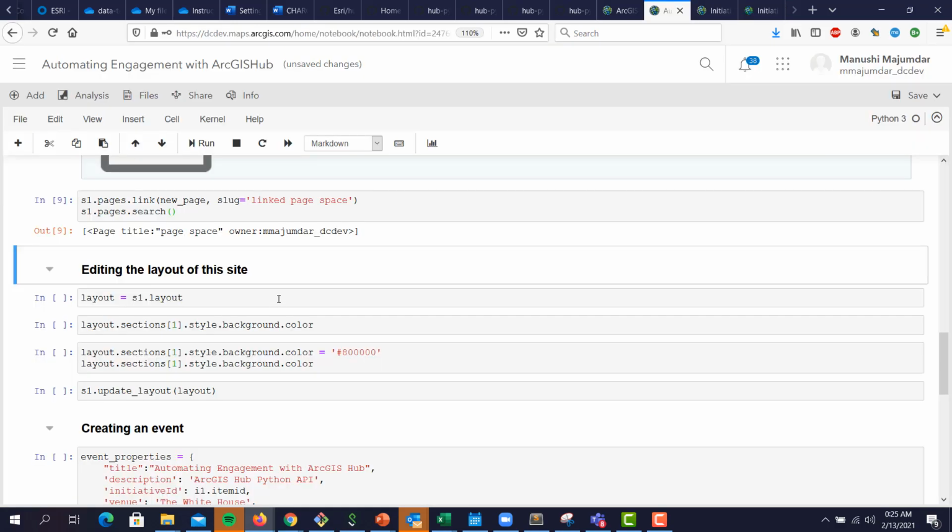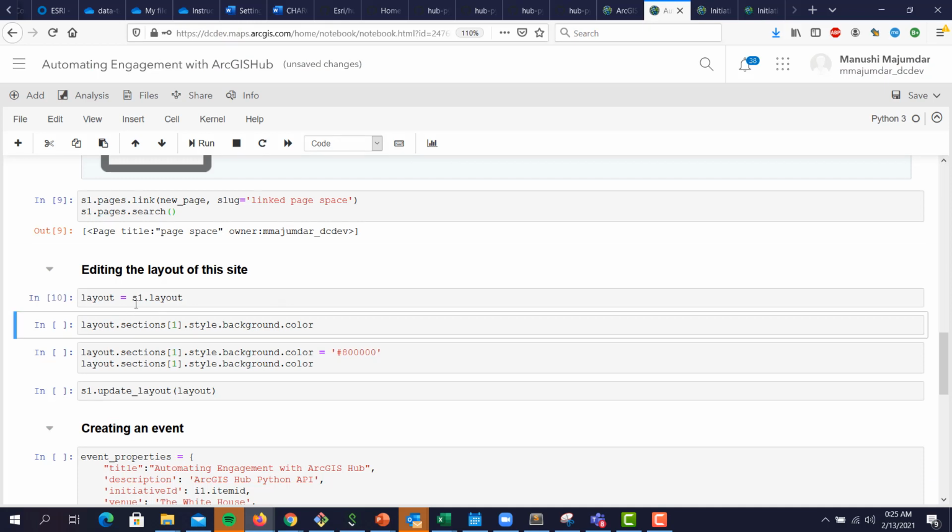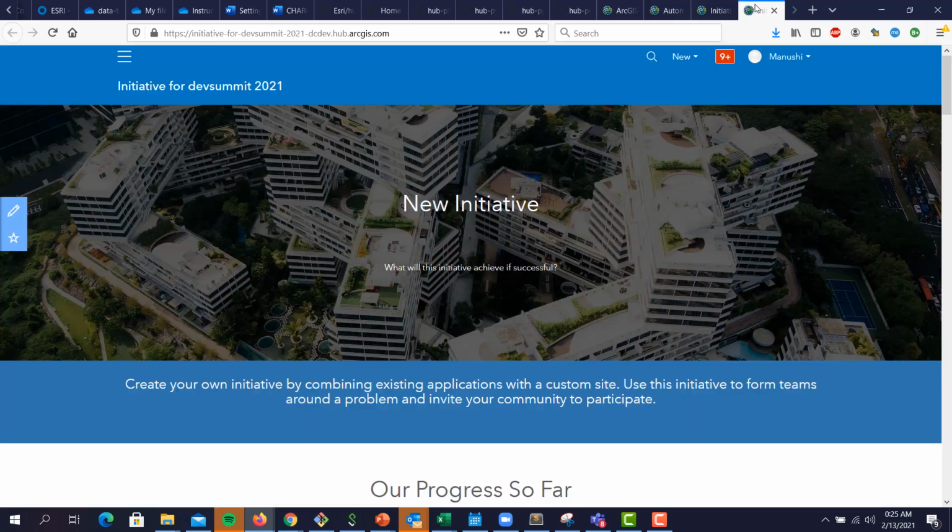So to get started, we fetch the layout for that site. So for the site object, we fetch the layout. Having done that, we know we are working with this first section. We want to change the color for this card right here that reads "create your own initiative by combining existing